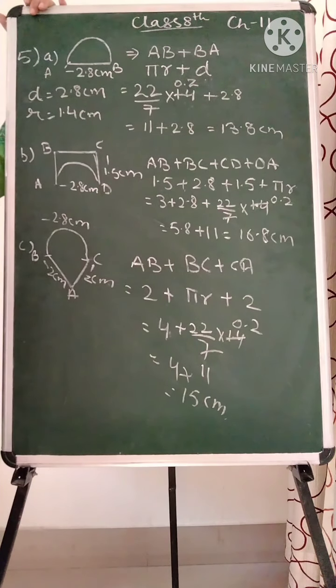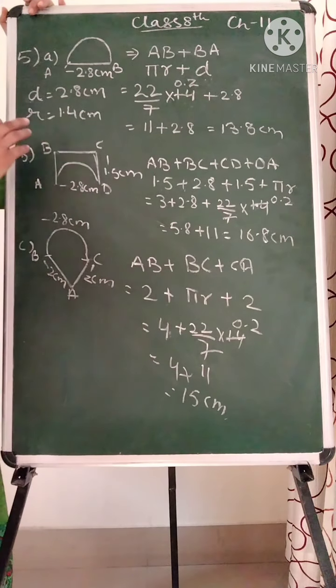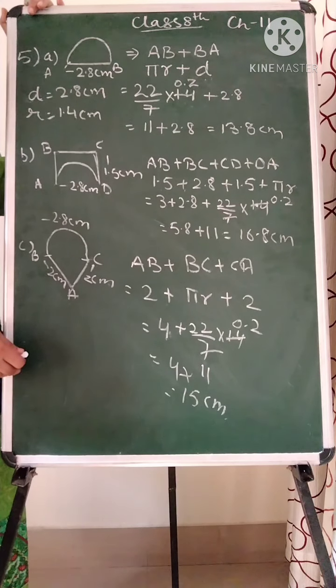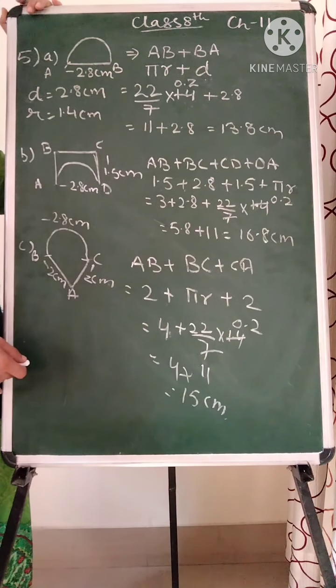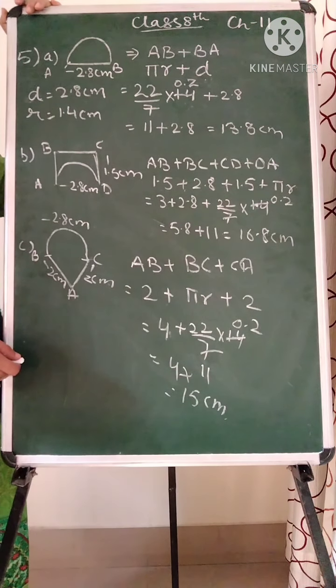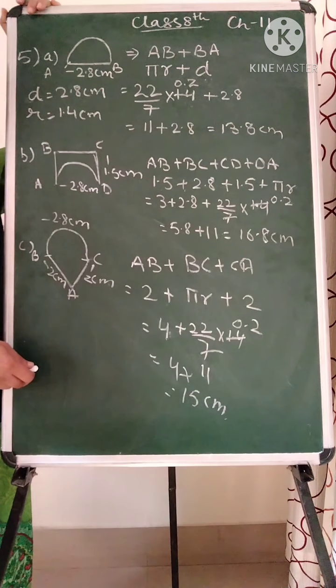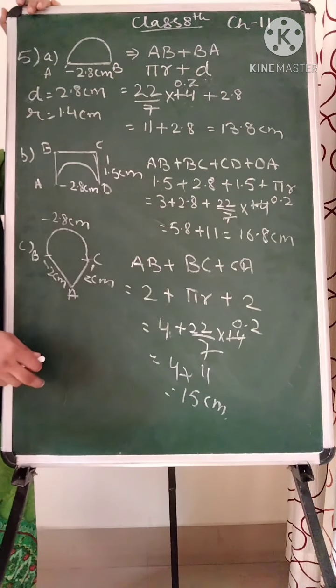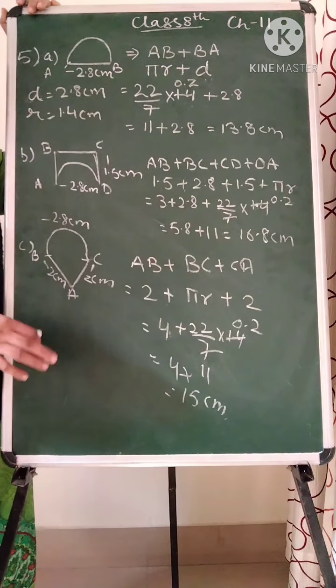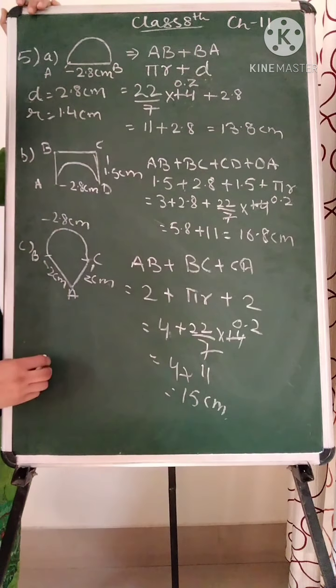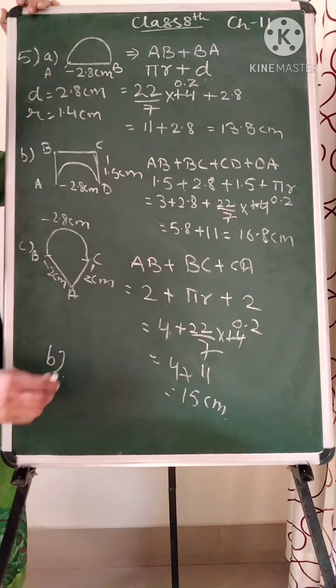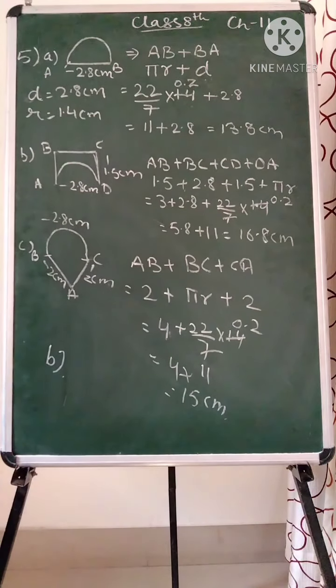At the last, they are asking in which type of food piece the ant is covering more distance. In which type of food piece is the ant covering the larger distance? Which figure? In figure B. Clear? Now see question number